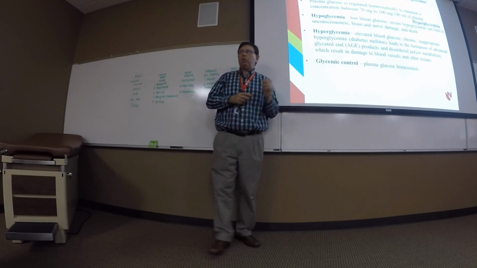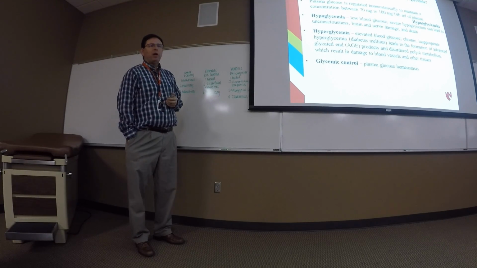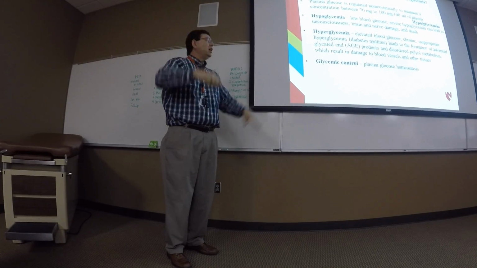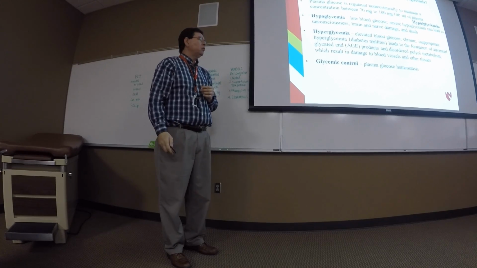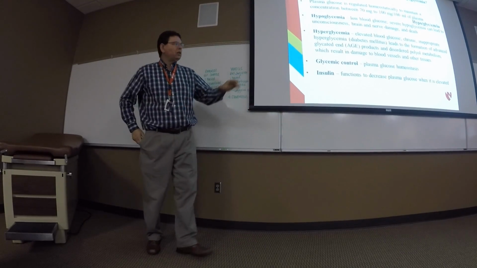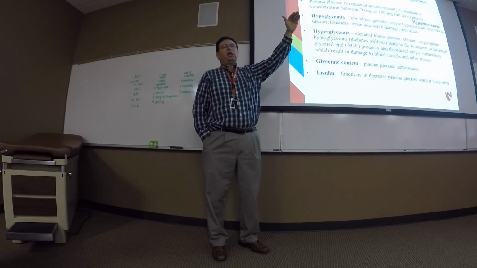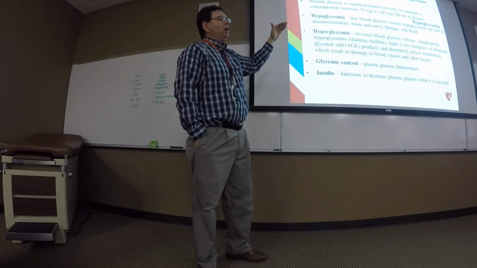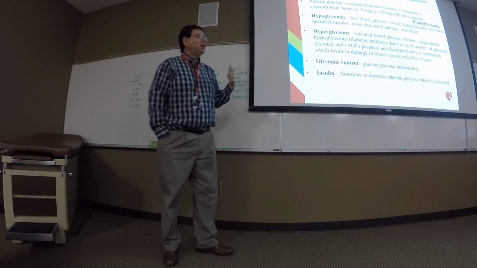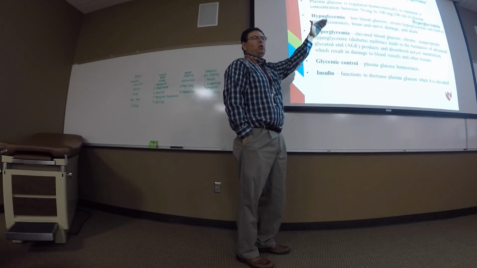So glycemic control is just another term for glucose homeostasis, and you know a lot about homeostasis already. You don't want something too high, you don't want something too low, you want it just right. And just right is that 70 to 100 milligrams. Now, insulin is the hormone, and this is as simple as you can make it. In a normal healthy person, the plasma glucose is elevated after eating that bagel with strawberry, no, I'm going to go with raspberry jam now, and drinking an orange juice. Plasma glucose would go up.